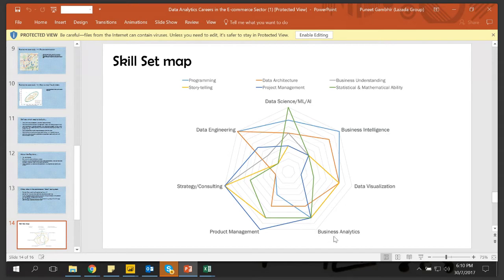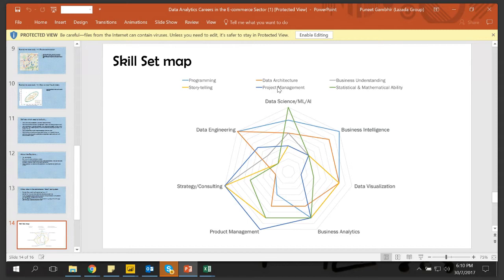Now, if you talk about analytics, which is also the subject for our presentation, you will see that a lot of skills are converging at around 3 or 4 out of, actually it's 3.5 out of 5. And this is the point which I want to convey, that analytics is not about one particular skill. It's about an amalgamation of these 4 or 5 skills which make or define an analytics professional. So programming,